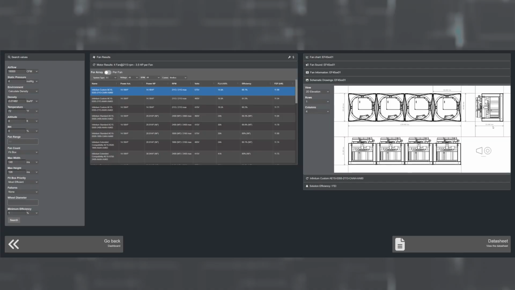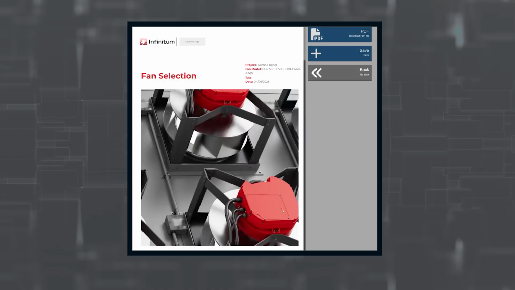Once you've reviewed the fan specifications and honed in on your desired fan assembly, you're ready to generate documentation. This datasheet view at the bottom right will populate. The datasheet is a multi-page PDF document that covers everything an engineer or specifier needs to review and approve the selection submittal.